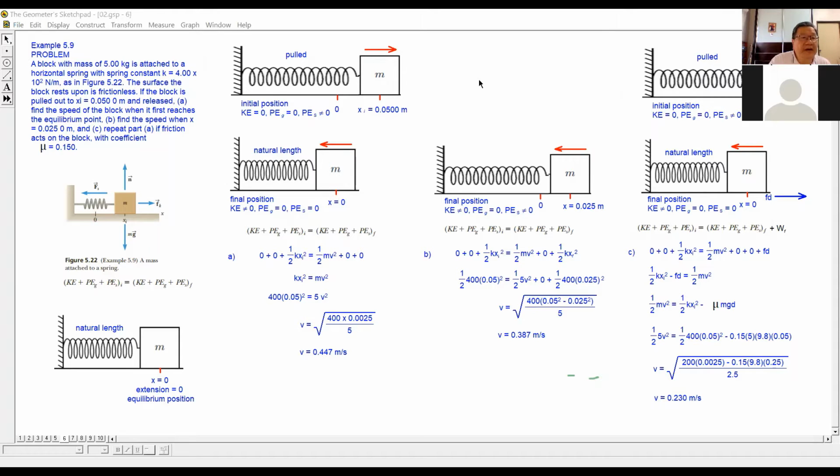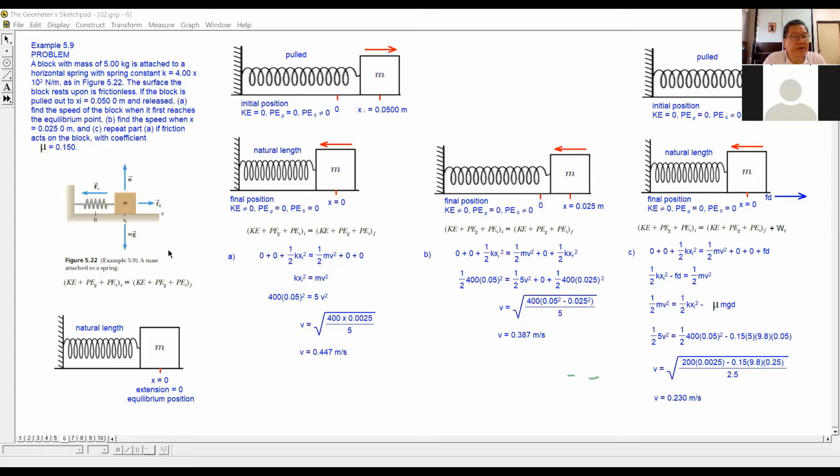Something like, if you stretch the spring without friction, how much will be the kinetic energy, the final velocity of the block? With friction, how much is the final velocity of the block when you compress the spring a certain distance? So these are the things that we can calculate using